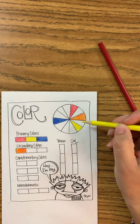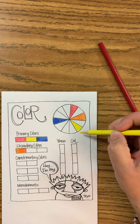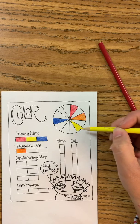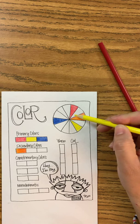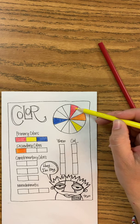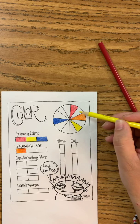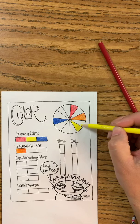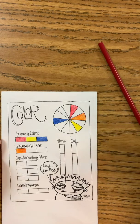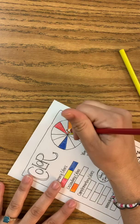Now, in between my red and my orange and my yellow, I have what are called tertiary colors. Tertiary colors are more of one primary than the other. So for example, when I have red and orange, in between is red-orange. Because red is listed first, I need more red than I need yellow because it's further away from the yellow. So what I'm going to do is I'm going to take my red and I'm going to lightly color it in,